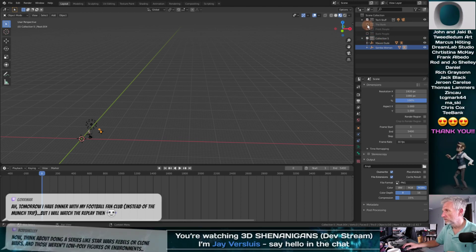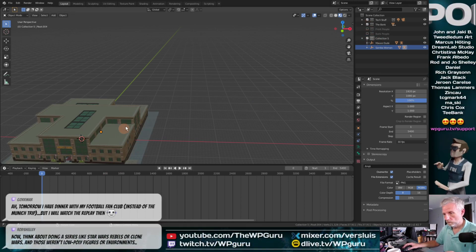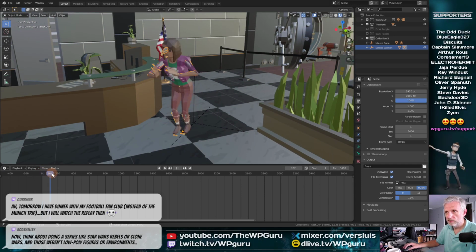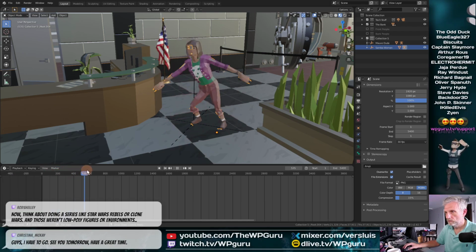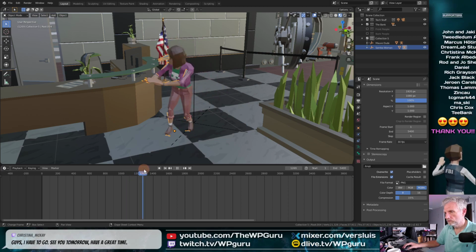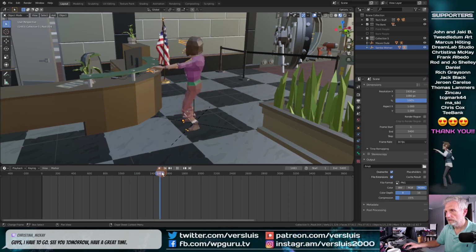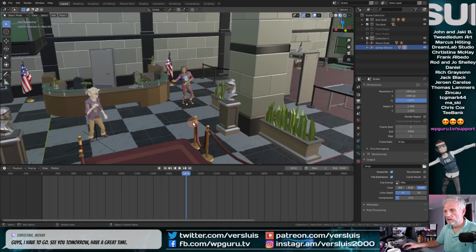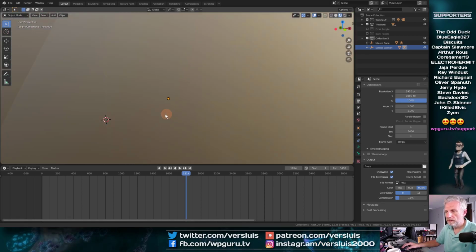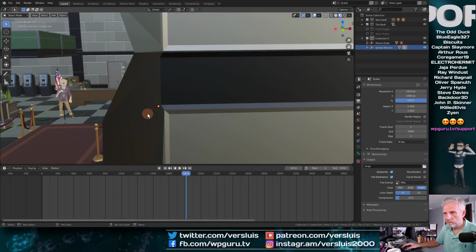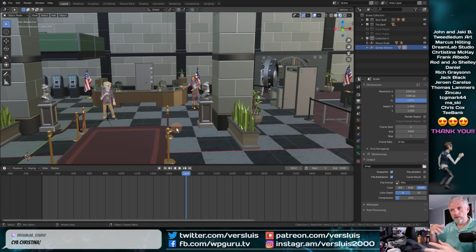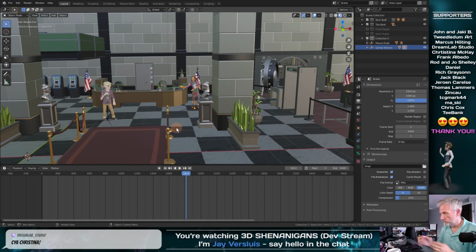So let's bring the bank back and see if this is a good place for Samba Woman to do the dance. She's not knocking into anything. Feet are firmly on the ground. That's nice. And I like to place her here because we should be able to at least perceive her as a background character. And by the time we pan over with the camera, like over here, we'll see her on the left-hand side of the frame.